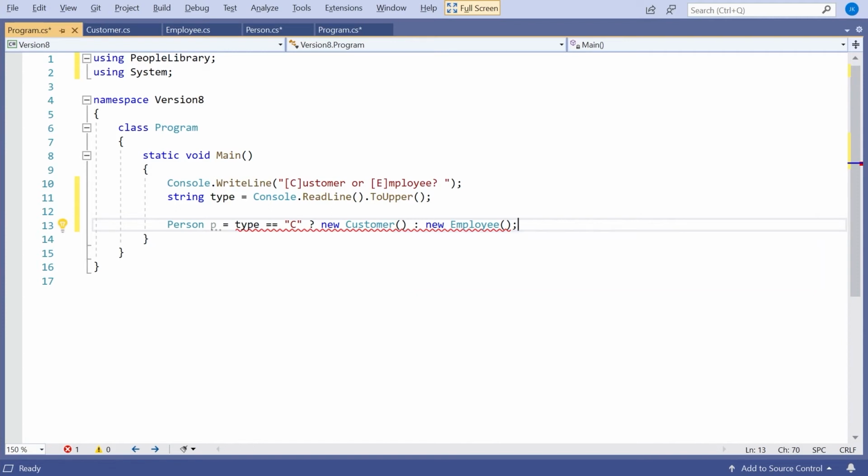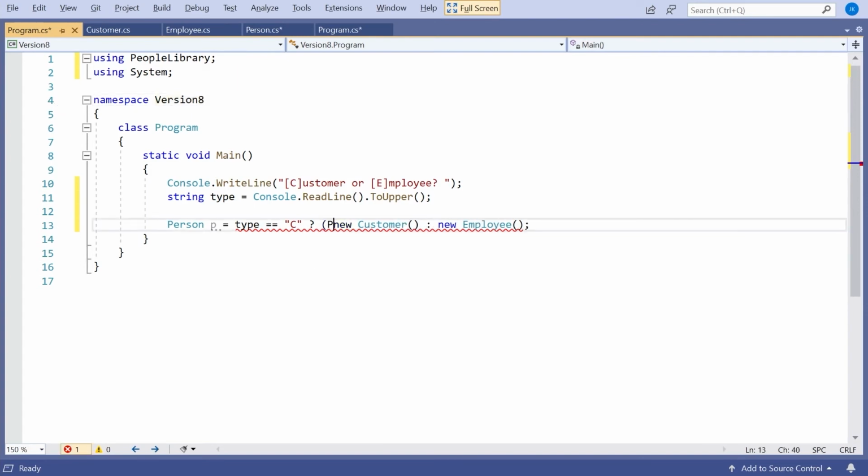And as I say, this is a problem that's been around right back to the days of C++. And the problem is, if we just consider that expression, the compiler has to determine a type for that expression. But how can it tell whether the type of the expression should be customer or should be employee? It's not smart enough to spot there's a base class there, and I think if it did spot that automatically, it would be overkill. Now, in C++ and in C#, the easy way around this would be to cast one or the other of them.